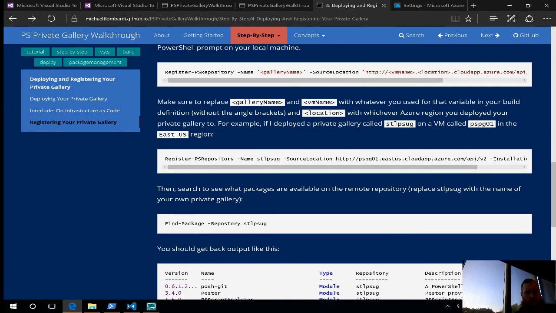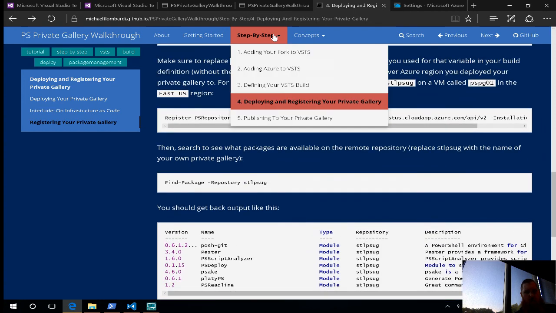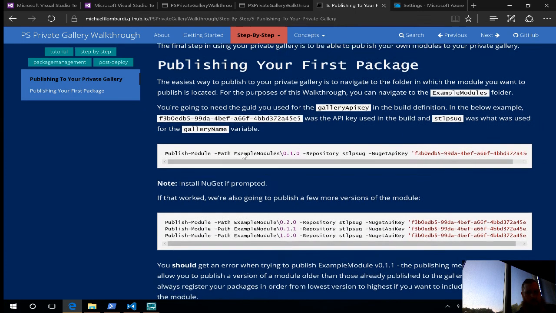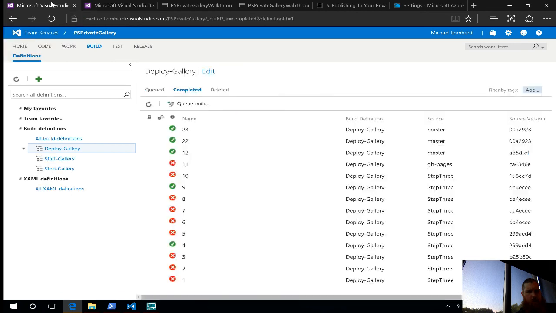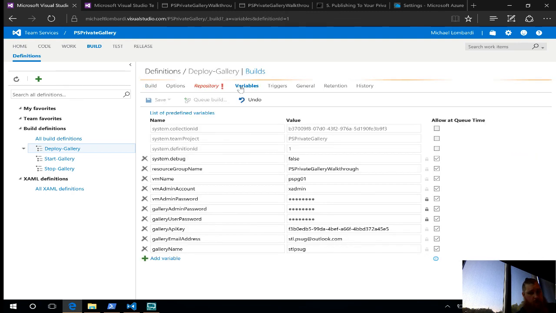And then if I cd into, actually, all right, so let's go into the example module. I've put a couple of things in here for an example module. And what you can do is publish these up to your repository to see what that looks like. So in our case,